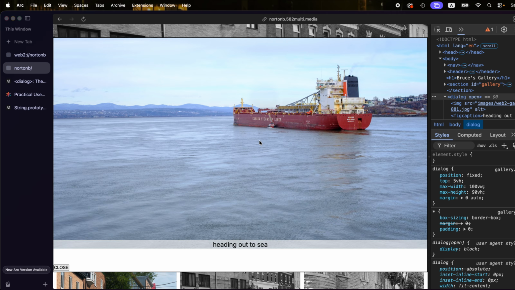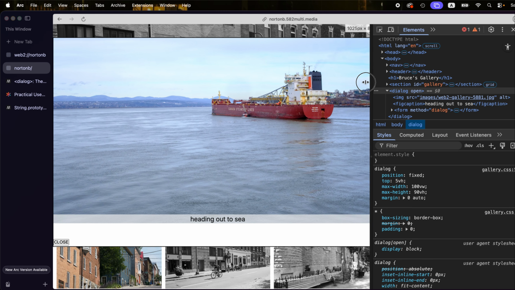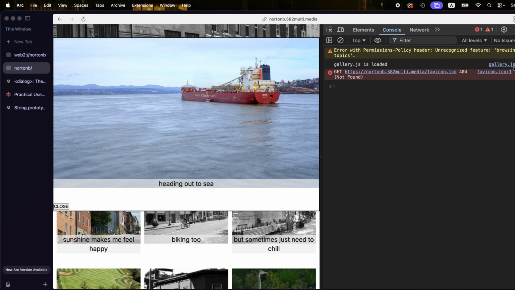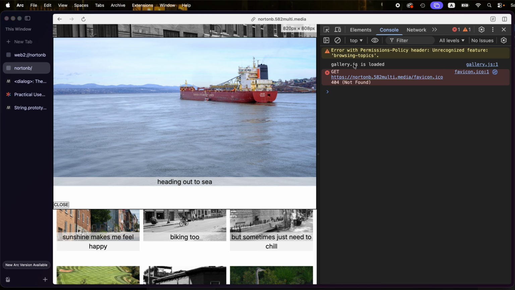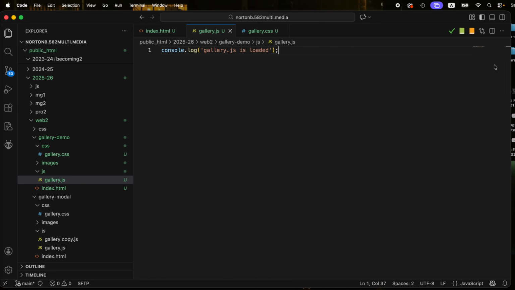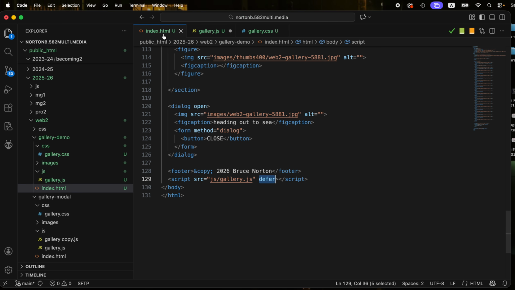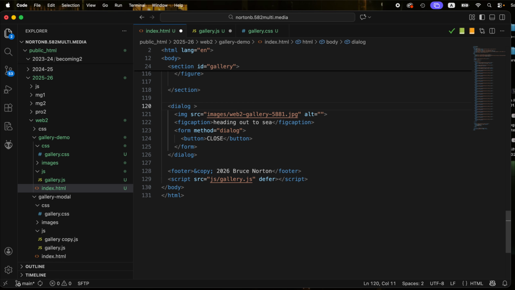And we'll come back and refresh, and then here I just want to see that my JavaScript is in fact loading properly, and I know that because in the console I can see that the gallery.js is being loaded on line 1 of my gallery.js. Okay, here we go. So I'm just going to hit command / to comment that out. We don't need it anymore. Let me just come back here and get rid of this for now, because we're going to be opening it